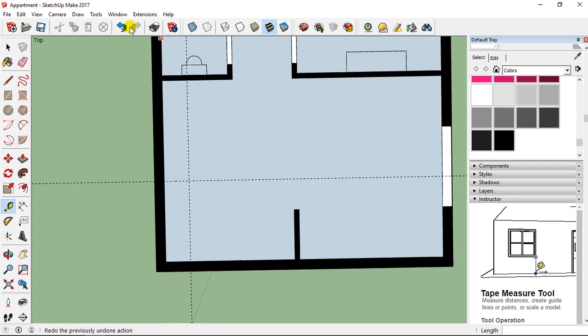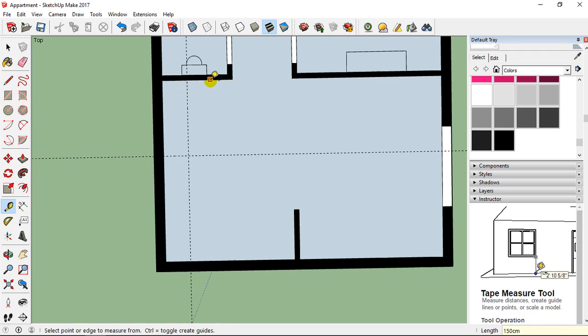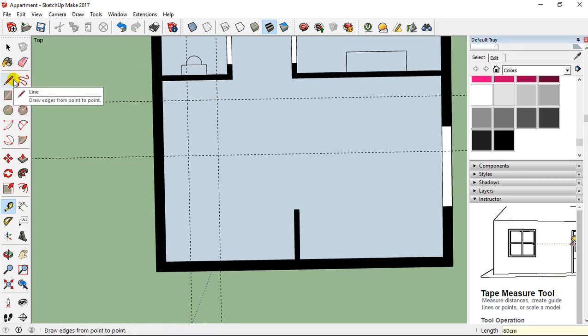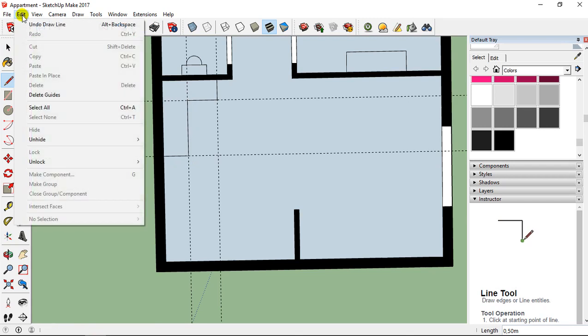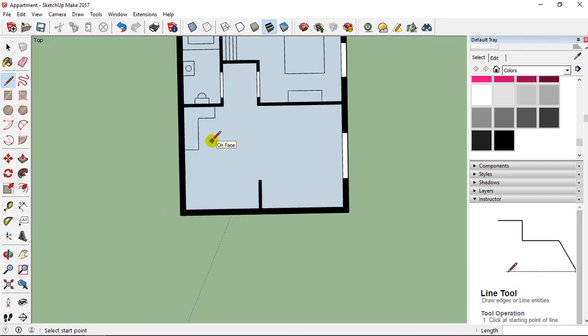Or maybe it's too much, maybe just one guide at 150 centimeters, and also at this level I can add something with, for example, 40 centimeters, and from this part to 60 centimeters, like this. Then I take the line tool and I'm going to create a line from this point to this point, this point to this point, and this point to this point. And here is going to be the kitchen. Edit, delete guide, like this.